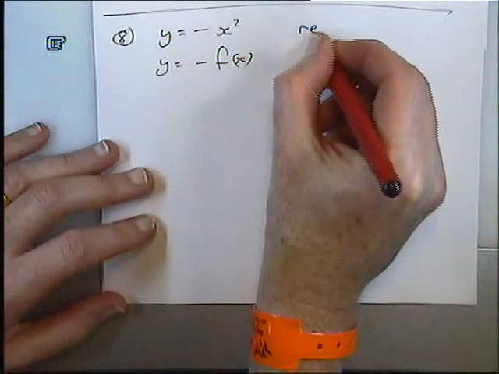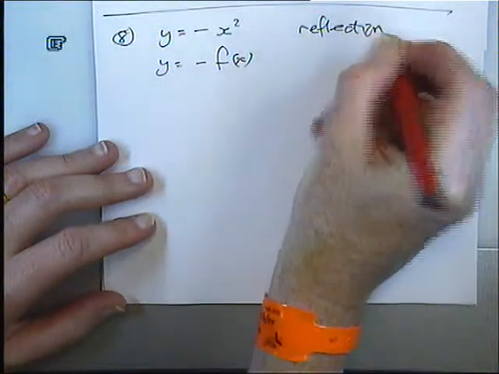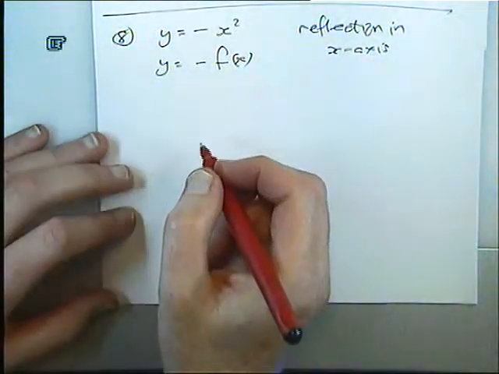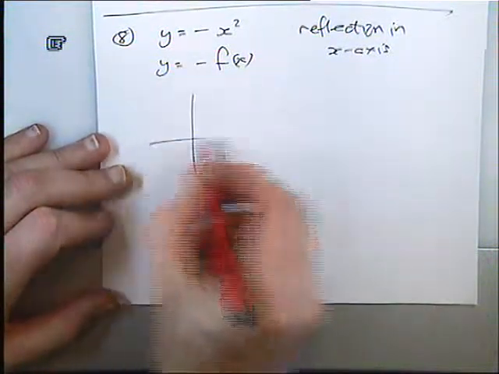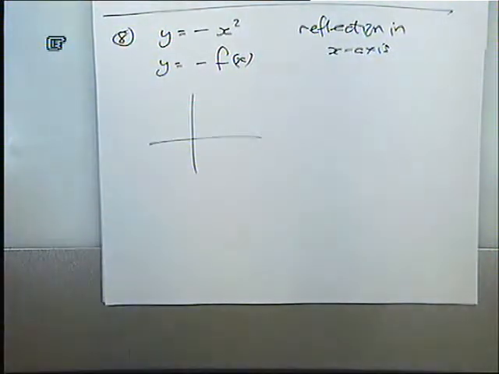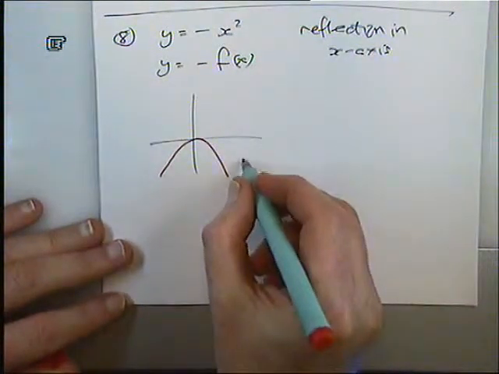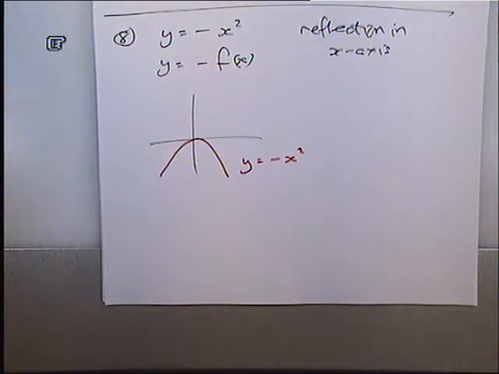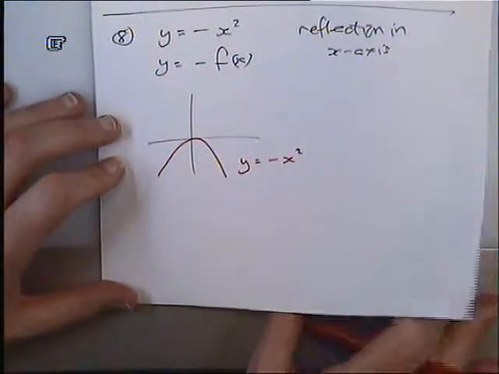Okay, that one is a reflection in the x-axis. Basically, anything that originally was positive is now negative. Originally it was all positive, so that is now going to be negative. And anything that was originally negative is now going to be positive. So if we're happy with that one,